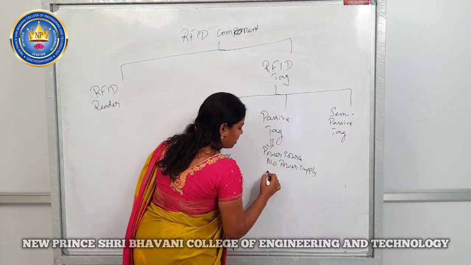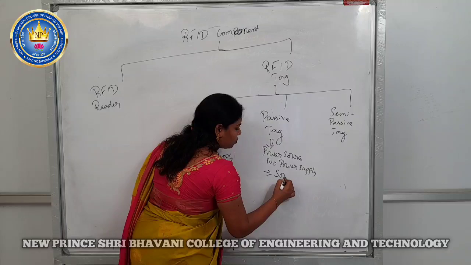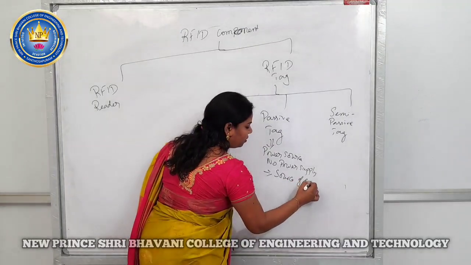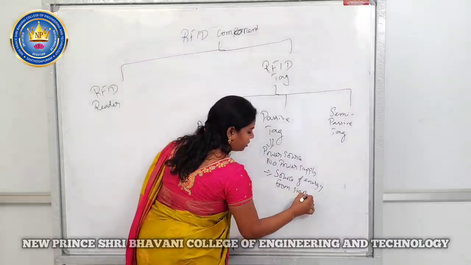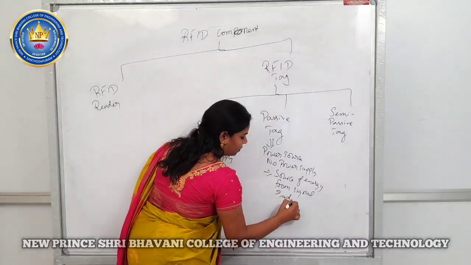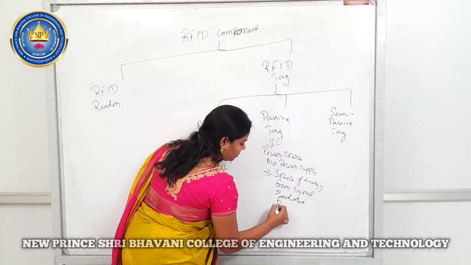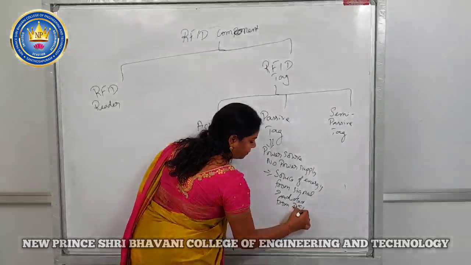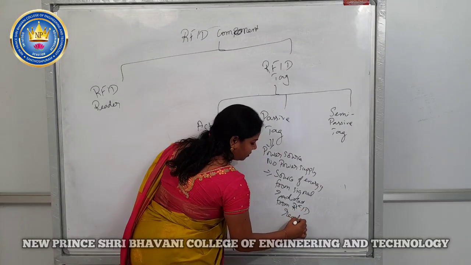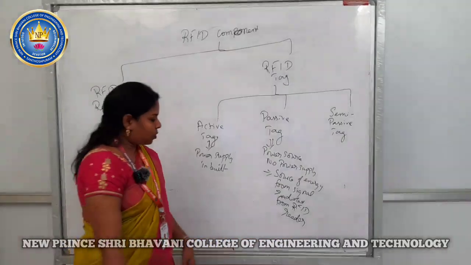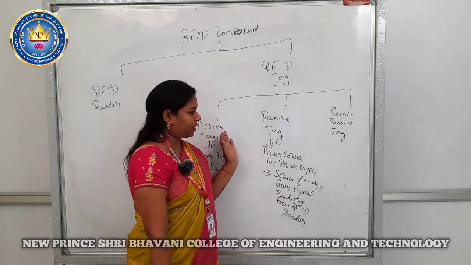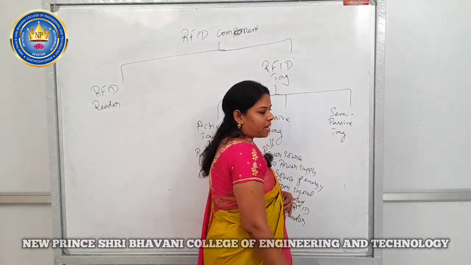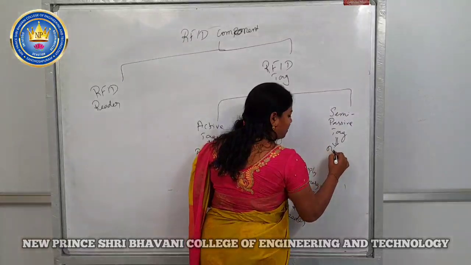The power is obtained from the signal radiated from the RFID reader, and in response to that signal the tag sends a feedback to the reader. In the semi-passive tag, we have its own power supply,